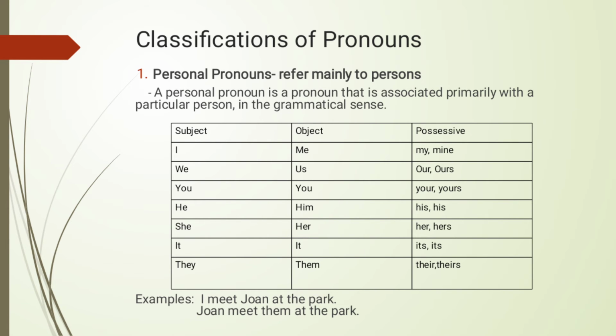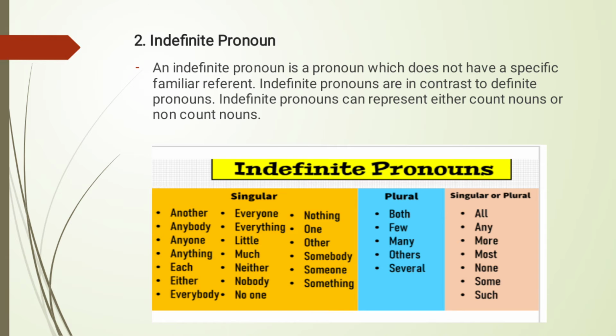So now let's move on to the second classification of pronoun. The second classification of pronoun is indefinite pronoun. An indefinite pronoun is a pronoun which does not have a specific familiar referent. Indefinite pronouns are in contrast to definite pronouns. Indefinite pronouns can represent either count nouns or non-count nouns. Indefinite pronouns are used when you don't know or you don't need to say precisely who or what you are referring to,